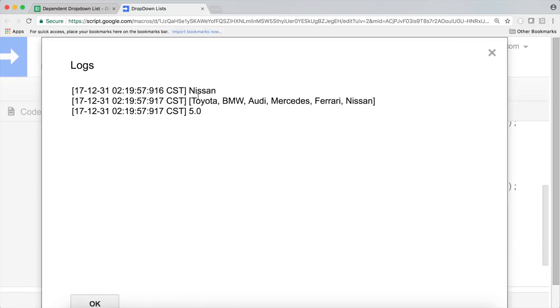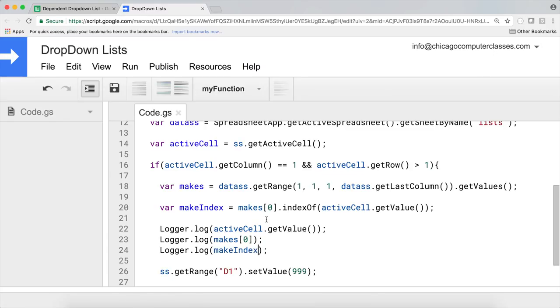Perfect. So to convert this to basically the match function results in Sheets, I'm going to have to put 6 instead of 5 because it's not starting from 0 in Sheets, it's starting from 1, right? So what I'm going to do, I'm just going to take this index that I'm already getting and then just add 1 to it, and that index is going to give me 1, 2, 3, 4, 5, whatever the number is. So as a result of this make index, let's just put that make index right here,